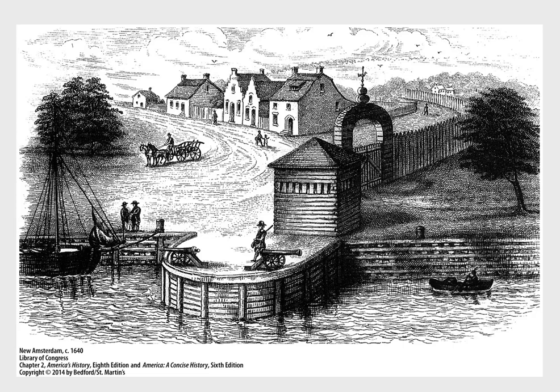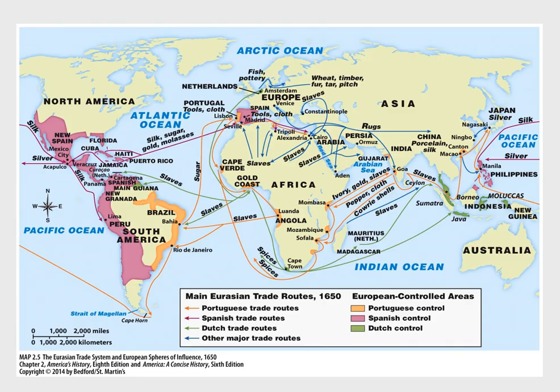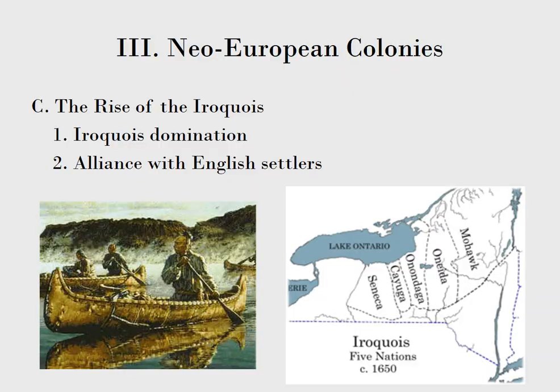This is an image of New Amsterdam in 1640. It's kind of like a fort, like a trading post, as opposed to farming and agriculture and things like that. The Eurasian trade system right here. So this is another map of trade, and you can see the orange, the Portuguese along Brazil, the Spanish control, which is going to be over on the western coast of South America into where modern-day Mexico is, New Mexico, Arizona, and over across the Gulf into Florida. And then your Dutch control is going to be green, which is going to be very minimal. It's going to be largely islands, a little bitty area up in North America.